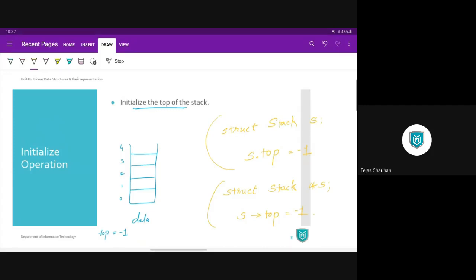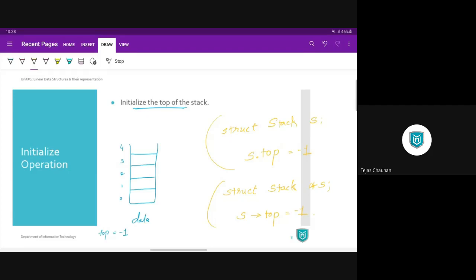If my top is pointing to -1, then I can say my stack is empty. And if top is pointing to some valid index starting from 0 up to the maximum size, then I can say that my top is pointing to the element which has the topmost value, right? That's how we are going to manage.